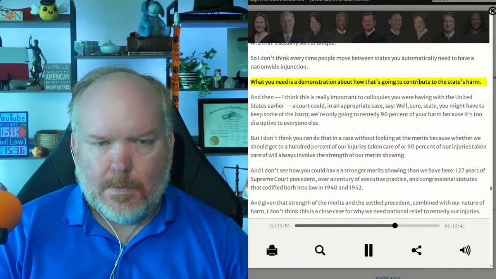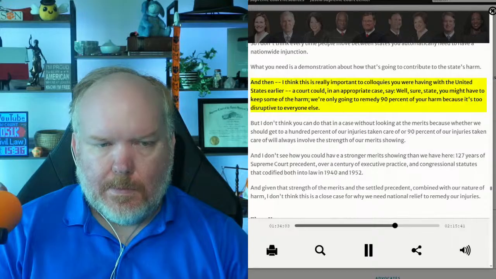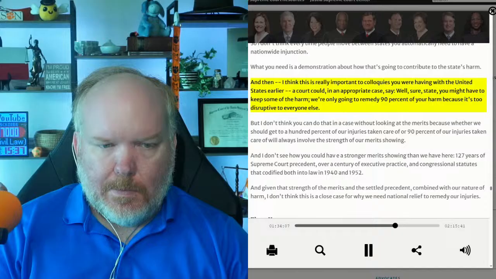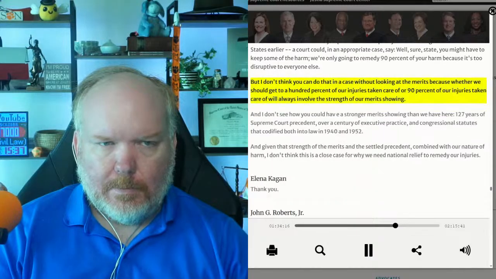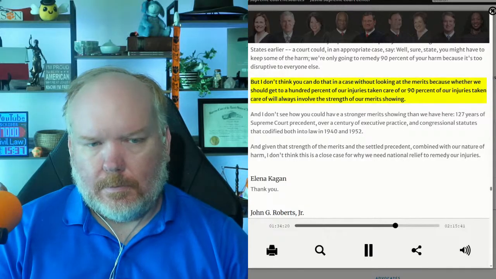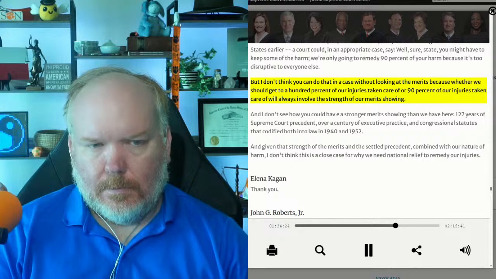What you need is a demonstration about how that's going to contribute to the state's harm, and then, I think this is really important to colloquies you were having with the United States earlier, a court could in an appropriate case say, well, sure, state, you might have to keep some of the harm. We're only going to remedy 90% of your harm because it's too disruptive to everyone else. But I don't think you can do that in a case without looking at the merits, because whether we should get to 100% of our injuries taken care of or 90% of our injuries taken care of will always involve